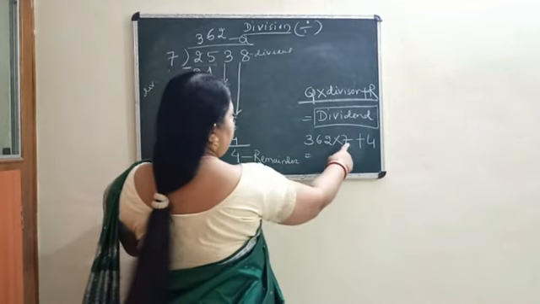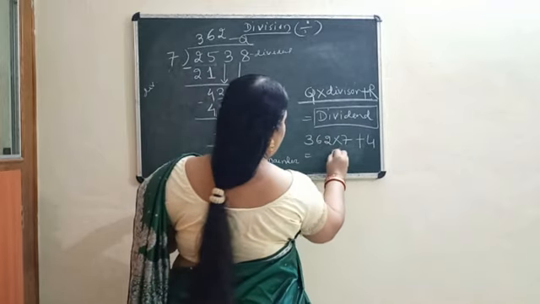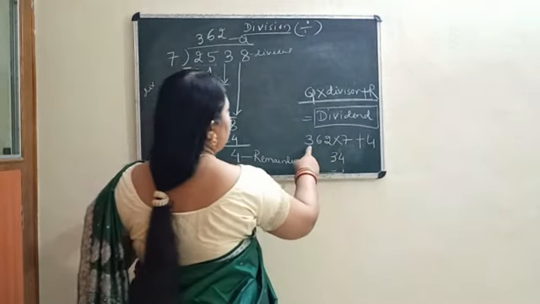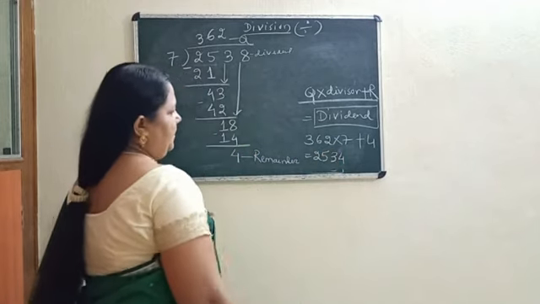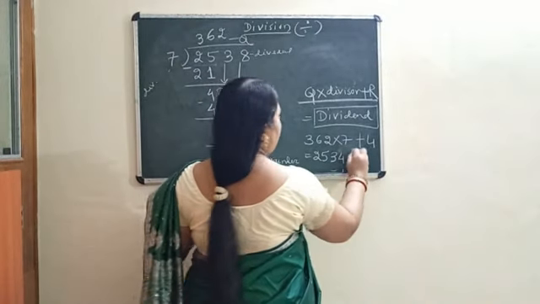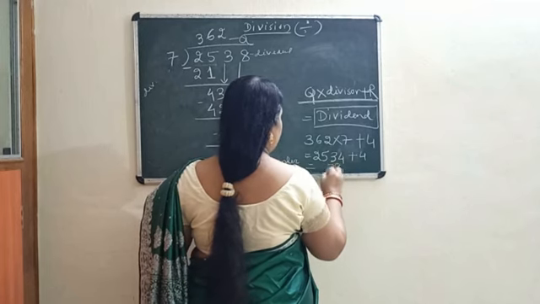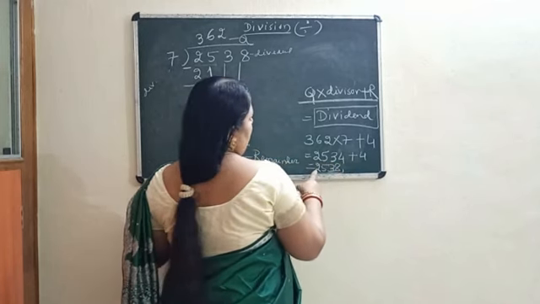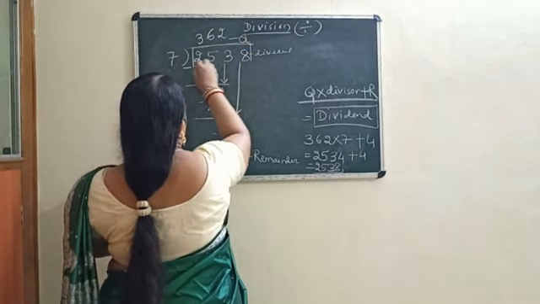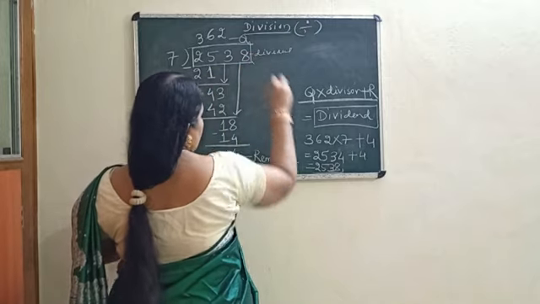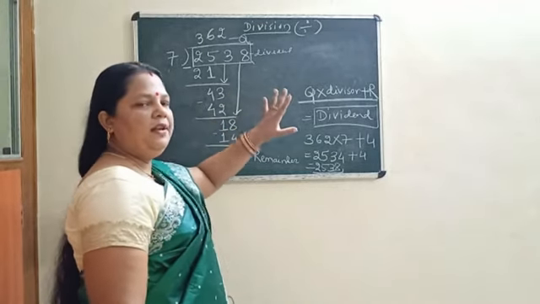So first you multiply. 7 2s are 14, 4 and 1 carry. 7 6s are 42 plus 1 is 43, 4 and carry 4. 7 3s are 21 plus 4 is 25. Okay. Now add the value of 4. How much are we getting? 8, then 3, then 5, then 2. 2538. You can see here we had taken 2538. This one and this one. We got the same value. That means your division is 100% correct.